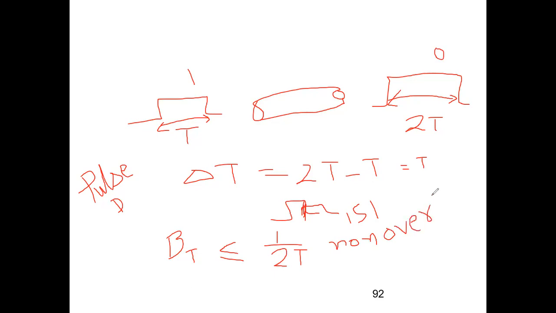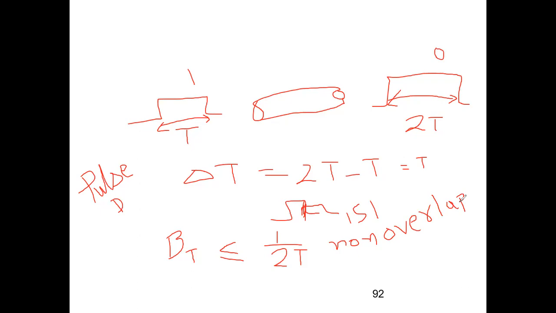Okay, so bit rate is less than or equal to 1 upon 2t. Now, when I talk about rectangular pulse, you might have studied in DCOM, we have RZ and NRZ. Both are rectangular pulses. So when I am considering a question, you first have to identify whether it is a Gaussian shaped pulse or a rectangular pulse. If it is a rectangular pulse, then whether it is RZ or NRZ.